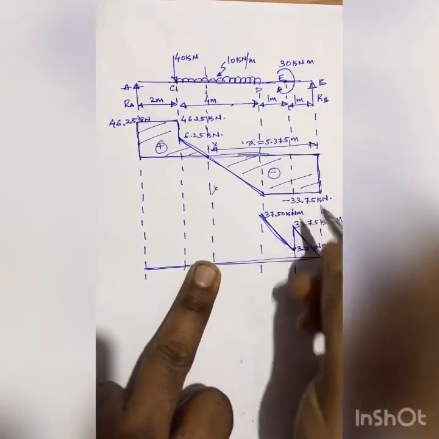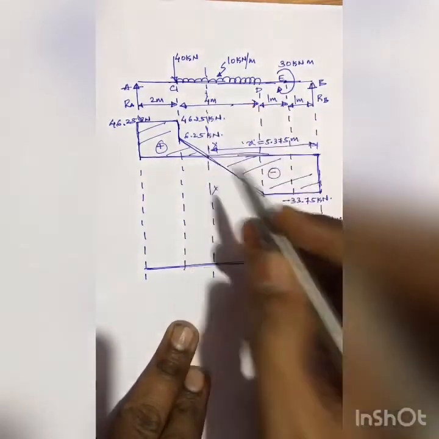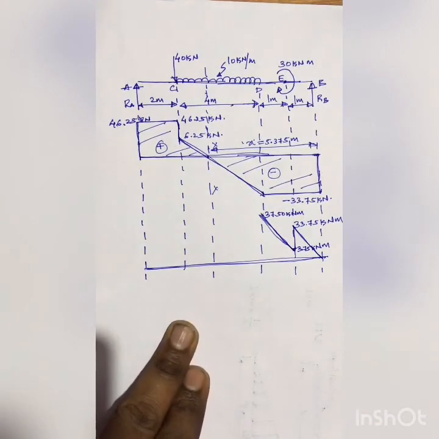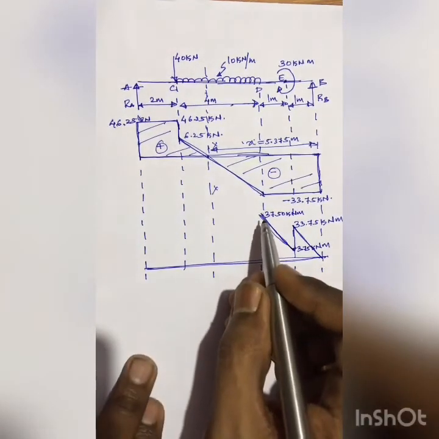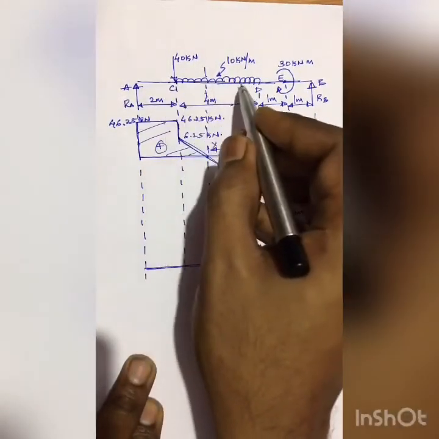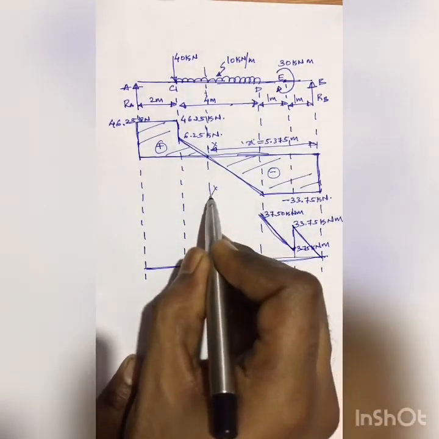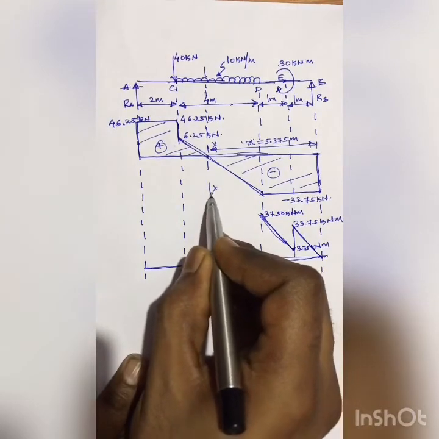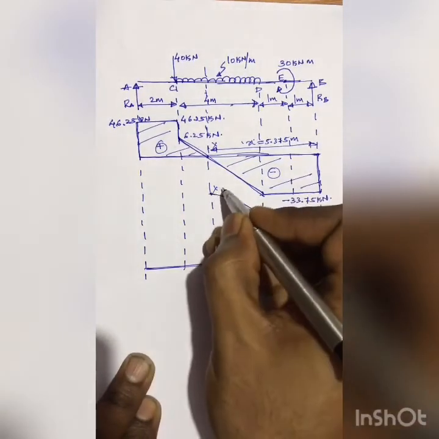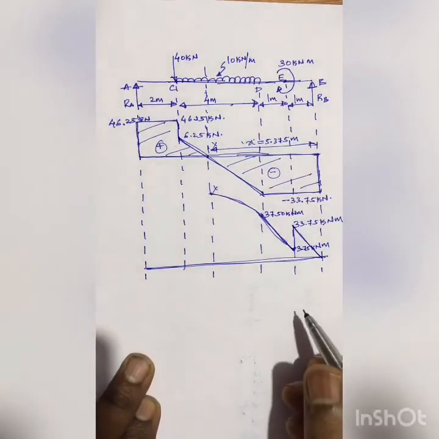kilonewton meter. Next, we have found the bending moment at section XX now. So how much is that value? That value is 94.453 kilonewton meter, and the variation here will be parabolic since we have the UDL here. For UDL the bending moment variation will be parabolic, so from here to here I'll draw a parabolic curve like this, and this value I know, it is 94.453